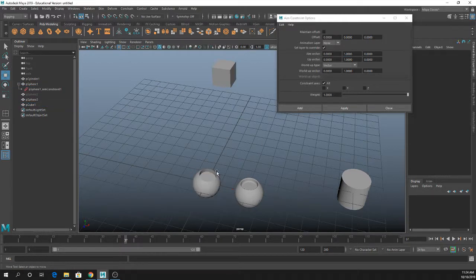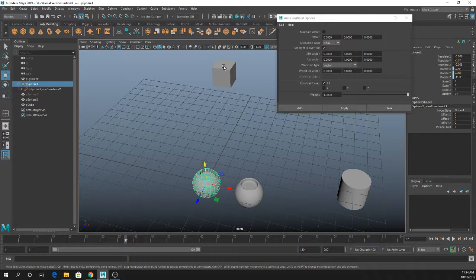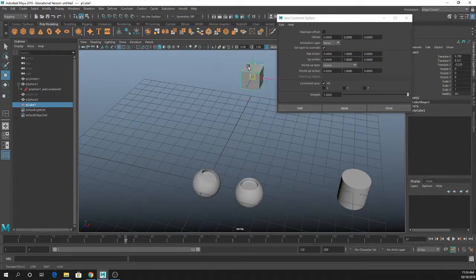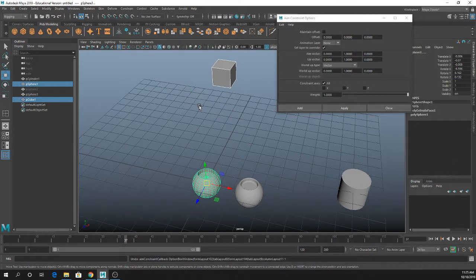And you can see that this sad eyeball is actually pointing at the cube instead of off into who knows where. So if I move this around, you can see that the eyeball is basically following it. So again, really good for turning heads, actual eyeballs, etc. Any questions on this? All right. So usually if I'm doing aim constraints, I have a personal preference to do maintain offset, so that